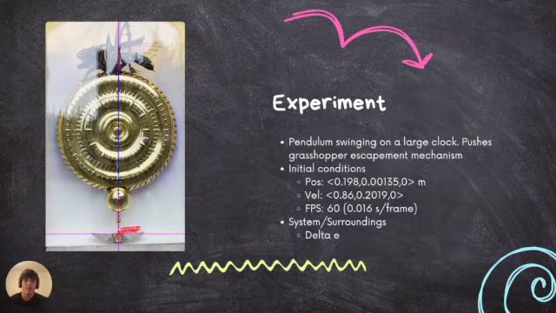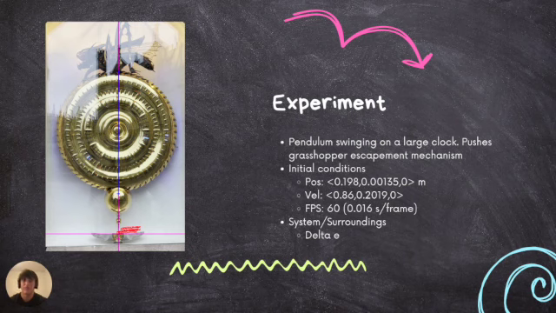For the experiment, I used Tracker to analyze a video of the change in displacement of the very tip of the pendulum needle of the corpus clock. I set the calibration distance as the diameter of the clock, which is 1.5 meters. The pendulum moves a mechanism called a grasshopper escapement to turn gears in the clock and advance the hands of the clock forwards. The initial position of the mass is